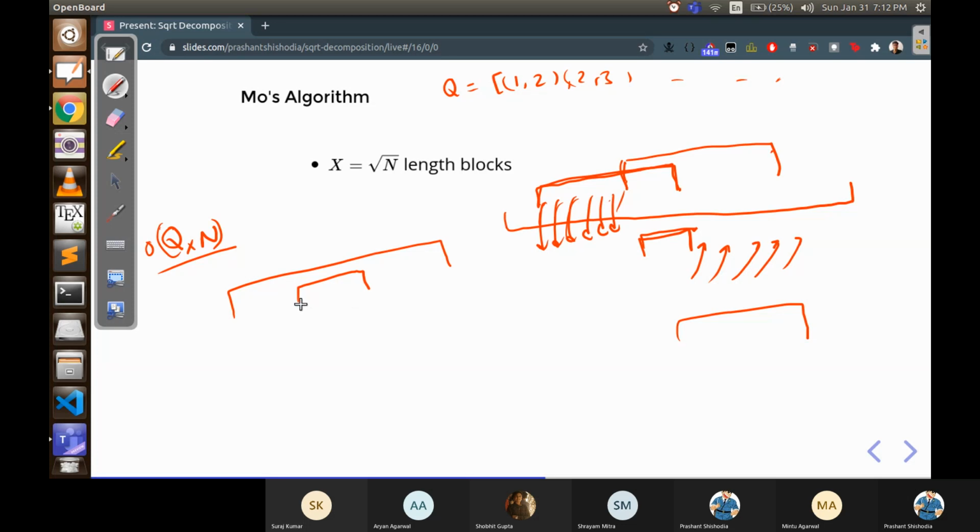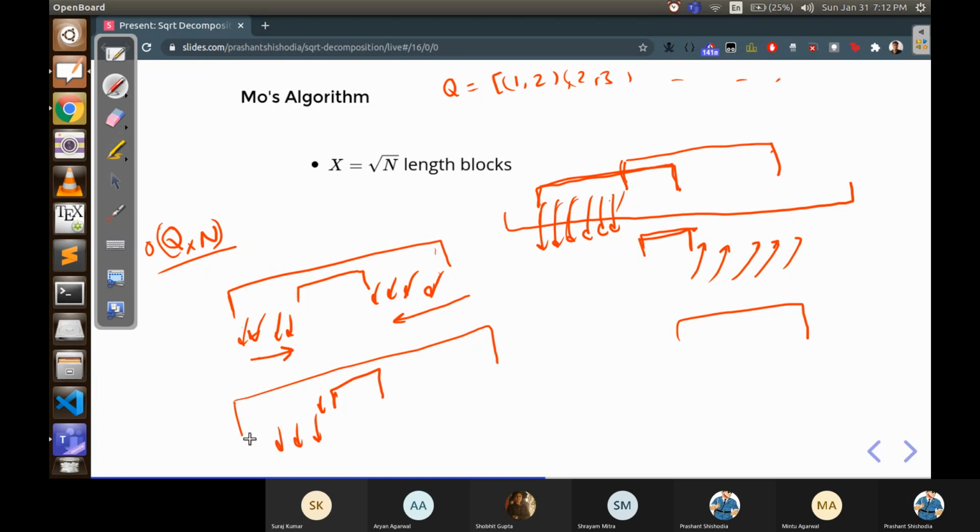We can always add or delete elements, right? Suppose I have the answer for the outside query, I can delete all these elements one by one. I can bring that pointer here and I can bring that pointer here. If I have the answer for the inside query and I have to get the answer for this query, I can add all these elements by brute force. We don't have to do anything fancy. I can add all these elements to get the answer for the bigger range. So what I'm trying to say is that given any segment, we can do some addition and deletion operations to transform it into any other range.